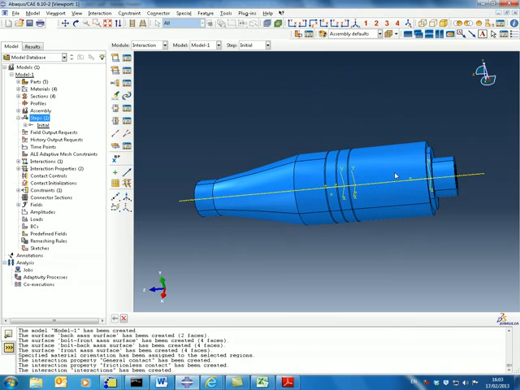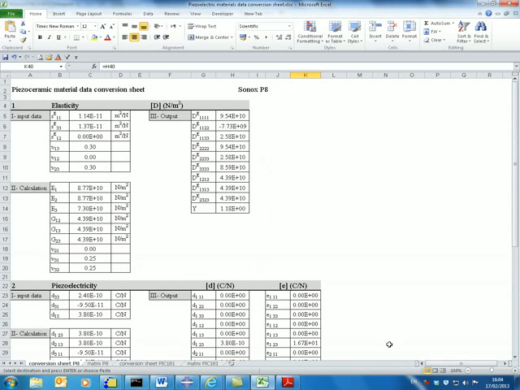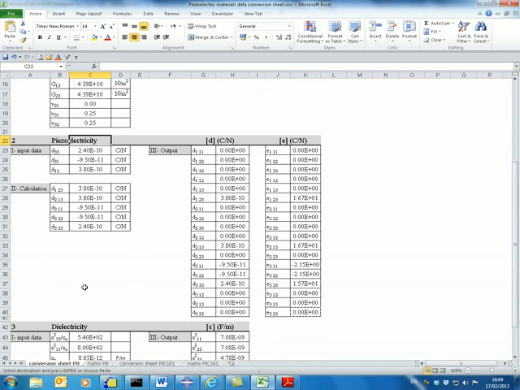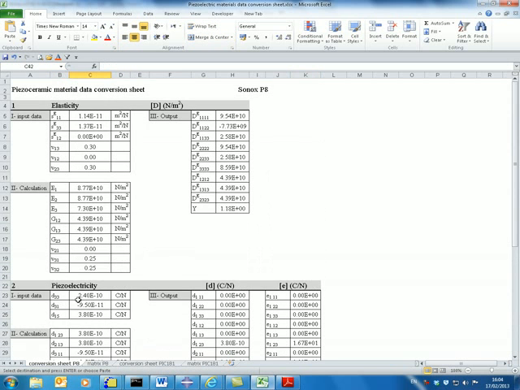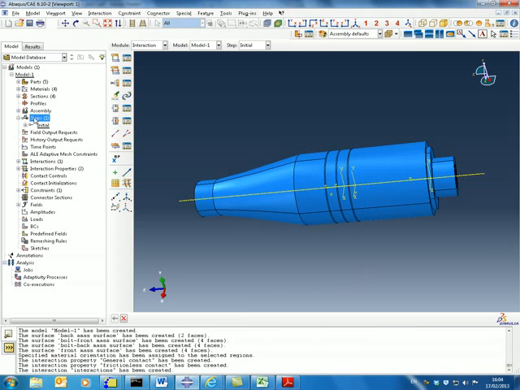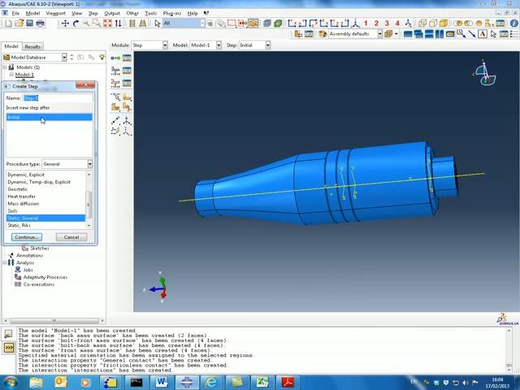in reality the bolt is applying pre-stress on all these parts when it's tight, and this pre-stress will affect the properties of the piezoelectric material we have defined before. In reality, as a piezoelectric material, a composite material, the pre-stress will affect the elasticity, piezoelectricity, and dielectricity. However, in Abaqus, only the elasticity effect will be considered, and this is one of the limitations in modeling of piezoelectric material in Abaqus. So first I'll create a general step,